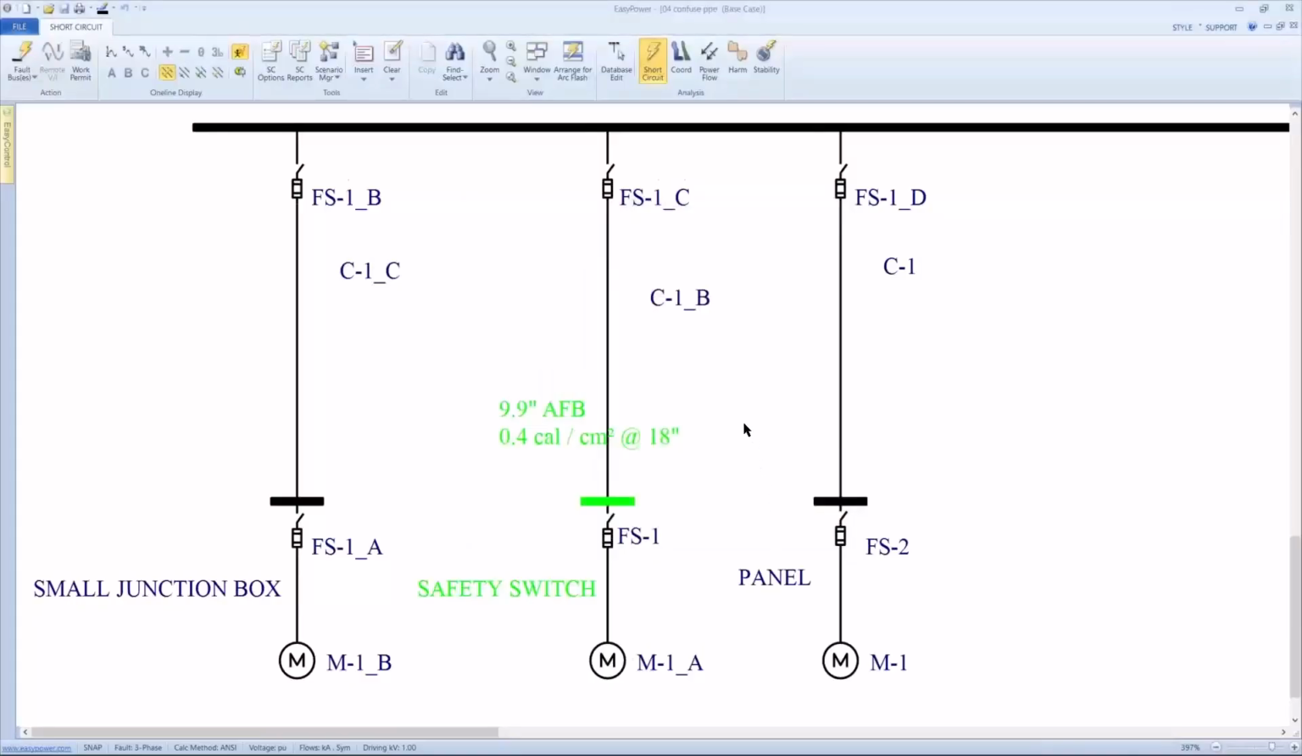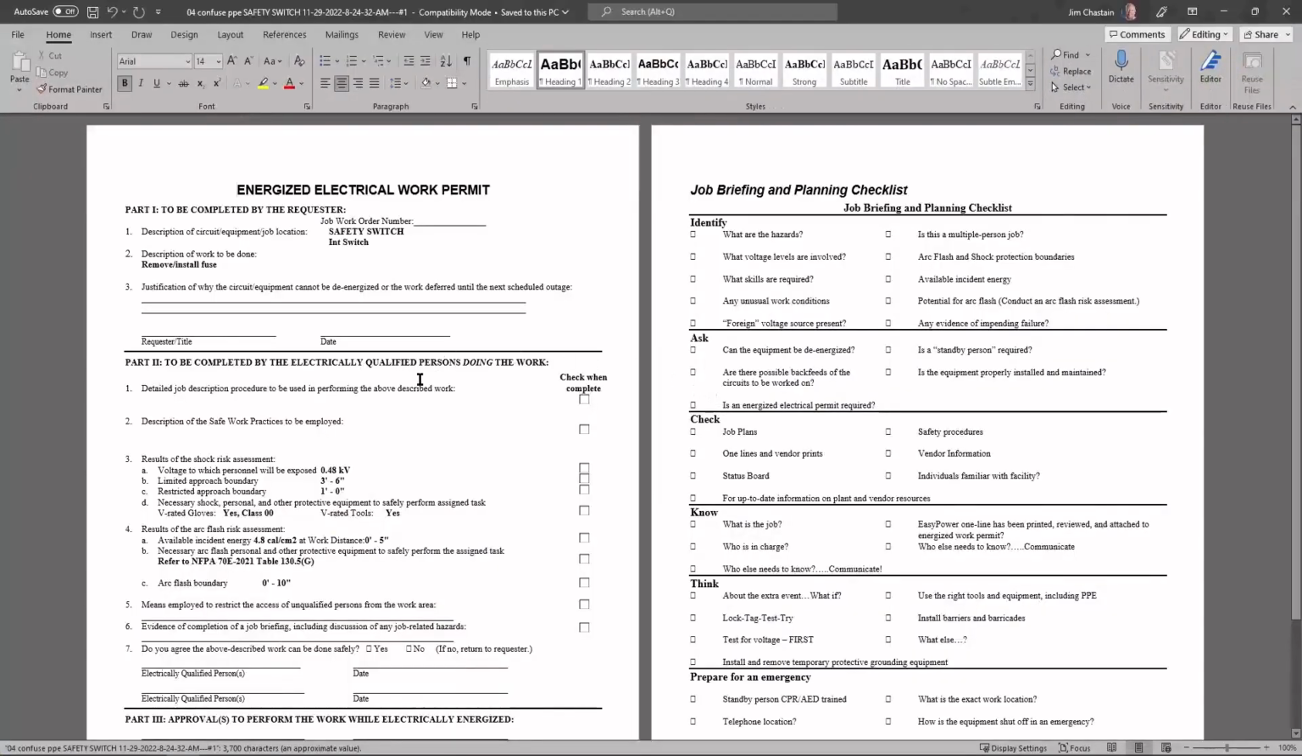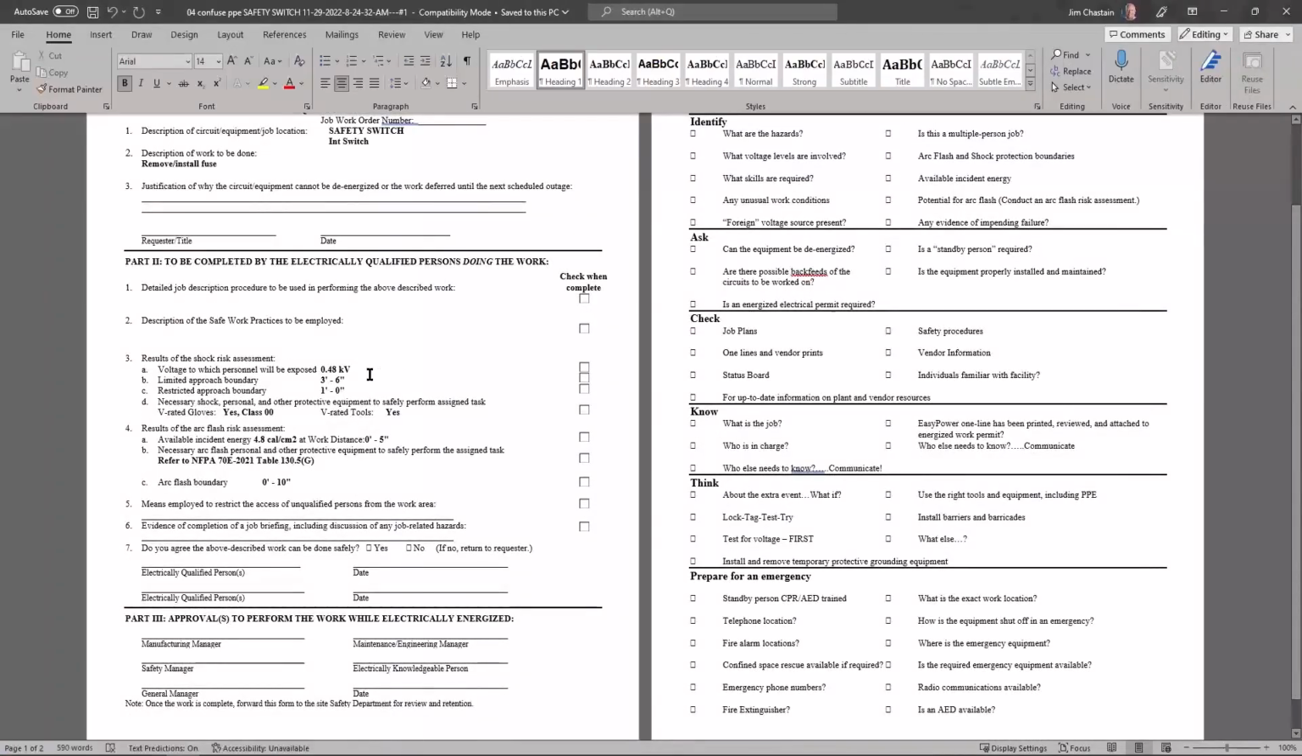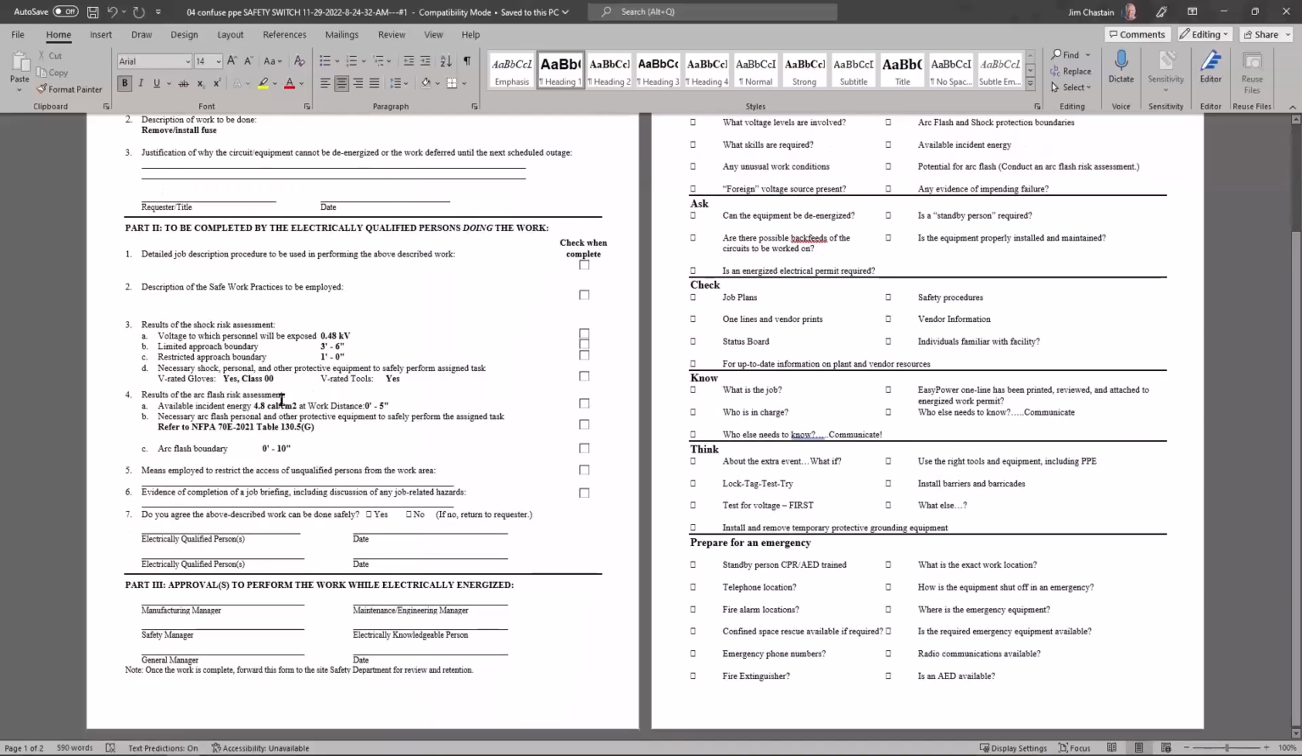And so the work permit that's developed shows me both. If we look over here, it shows me the restricted approach and the limited approach boundaries. It shows me the arc flash boundary of 10 inches, but it shows me that I need to have 4.8 calorie protection at a distance of 5 inches. And so this should be something that I'm aware of if I'm going to go out there and replace the fuses. And if this is uncomfortable, then I may want to consider changing the procedure to isolate that